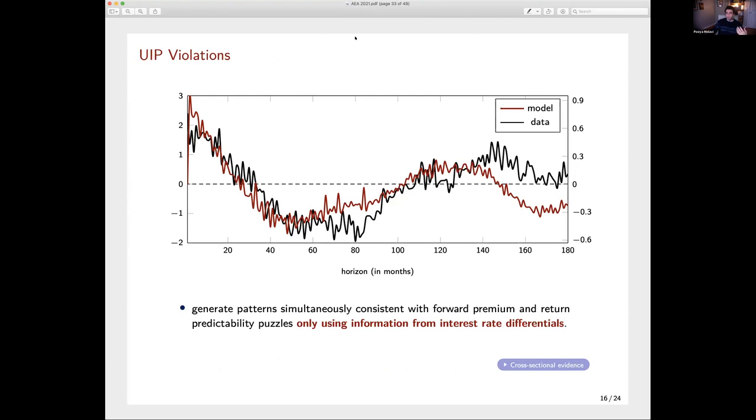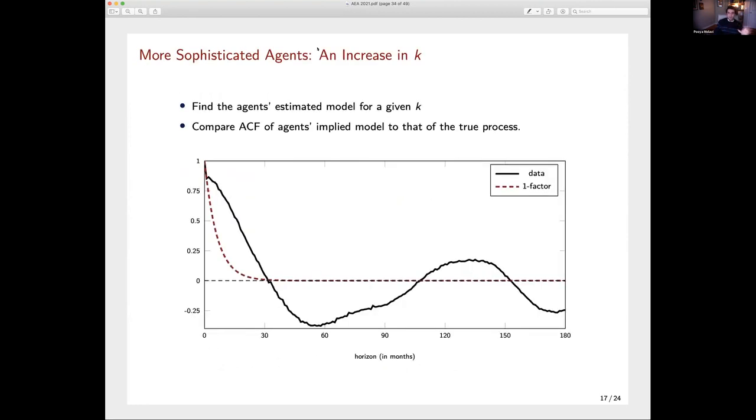The magnitudes don't match, but the general pattern of having the forward discount puzzle and then the return predictability reversal puzzle, you can clearly see it in the model-implied coefficients as well. Now let's look at what happens when we increase k, and let's first look at the